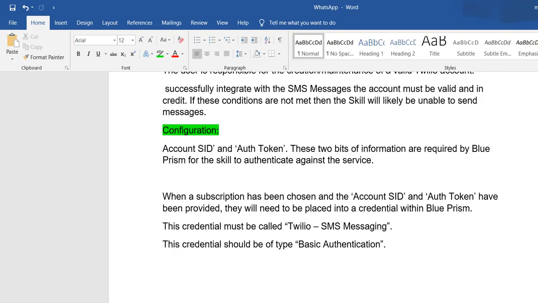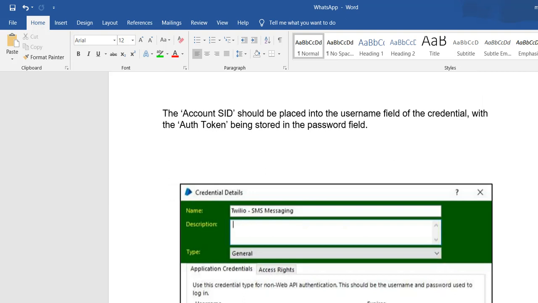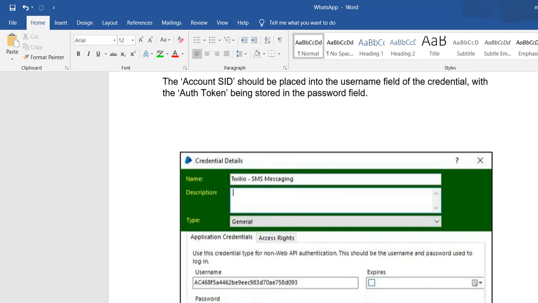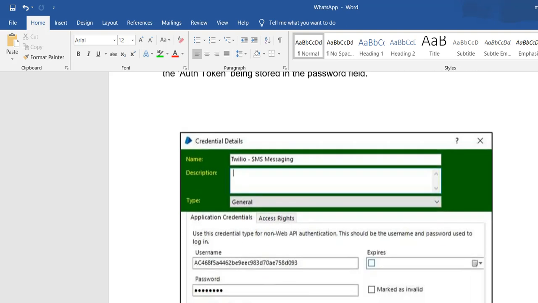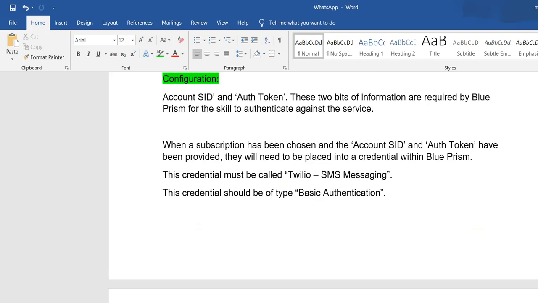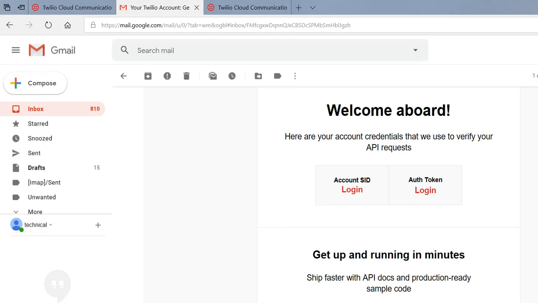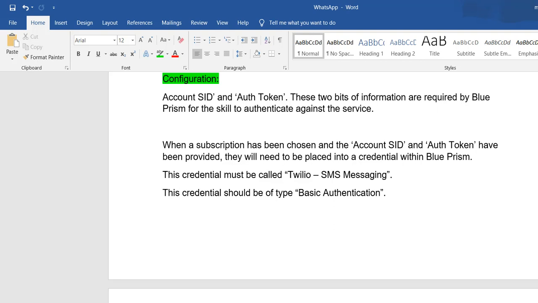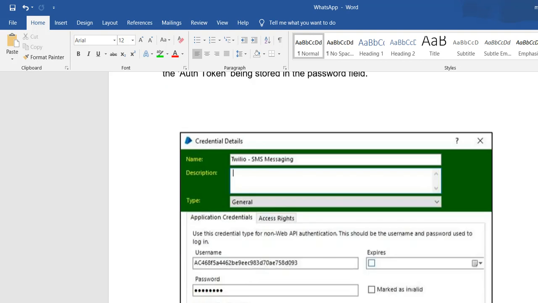See here, as discussed earlier, once you get the Twilio account ID, you have to pass it here. You will get the Twilio auth token through your email, as shown before; you will get an email from the Twilio account with the auth token. This auth token you have to pass here, and you also have to give any expiration for this username and password.